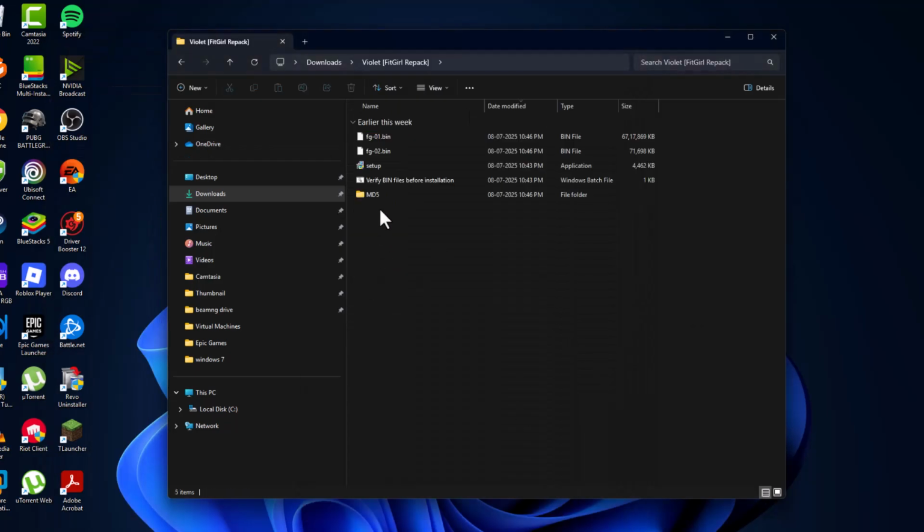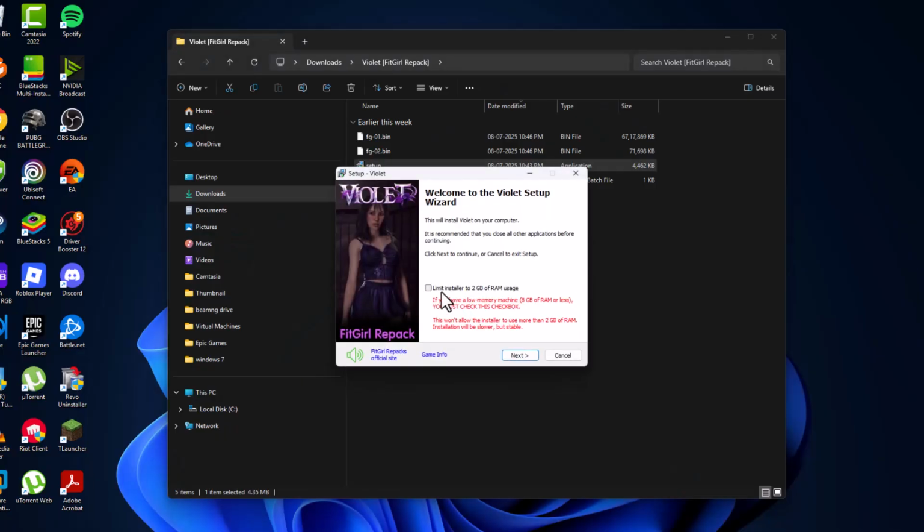Double click on the setup folder, double click on setup and select yes. Select OK option. Select this music icon to mute the music. If you have under 8 GB RAM, then check mark this box guys. Limit installer to 2 GB of RAM usage and make sure nothing is running in the background and select next